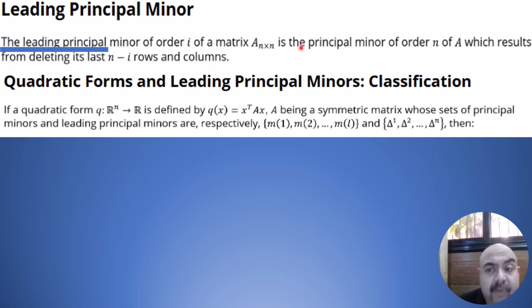I need this information desperately in the coming slides. If it fails, I will go back to the principal minors in order to identify the type of definiteness of the